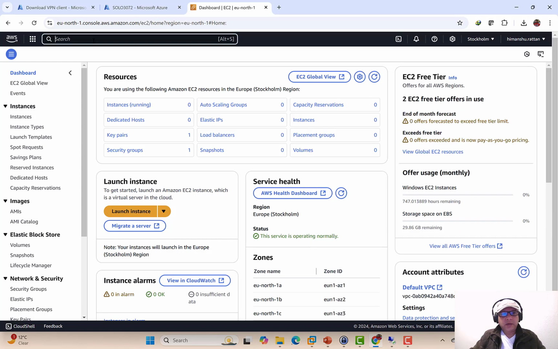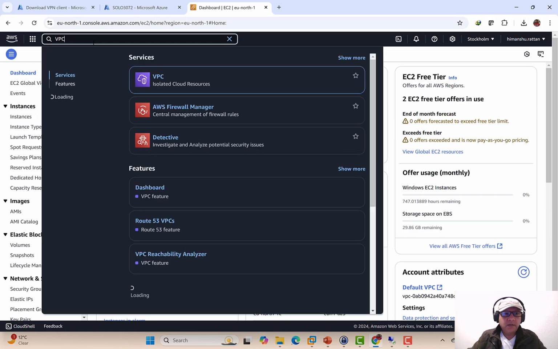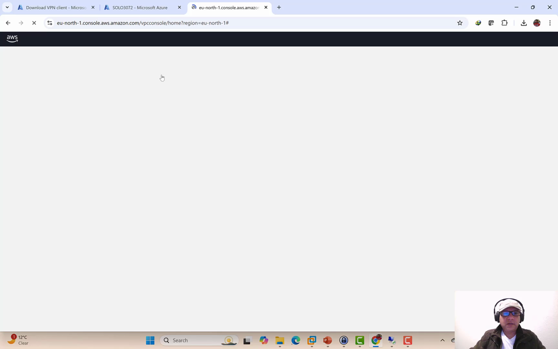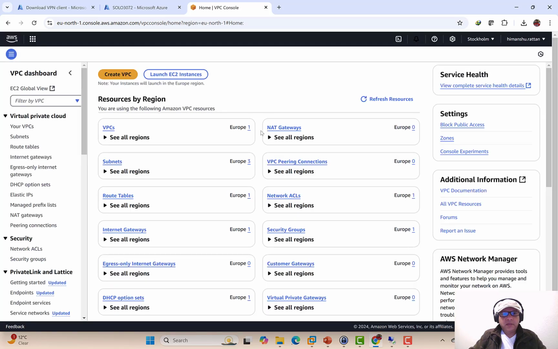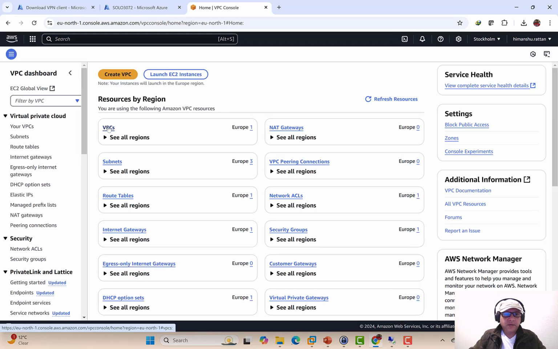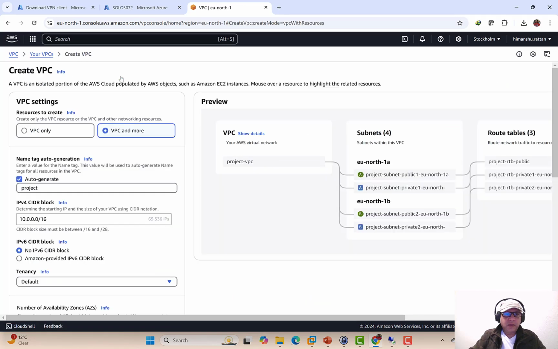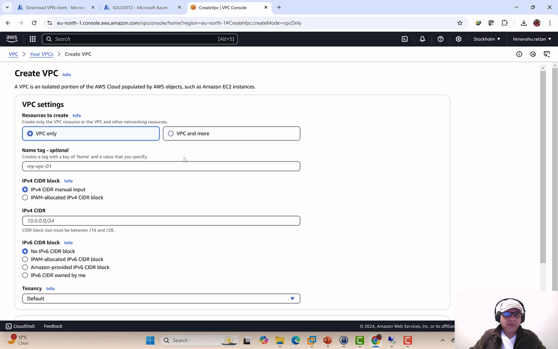All right, now let me click on VPC first. Let's create one VPC. A VPC is a kind of a boundary or a data center. So click on VPC, we'll click on create VPC. VPC only. Let me give the name of my VPC as